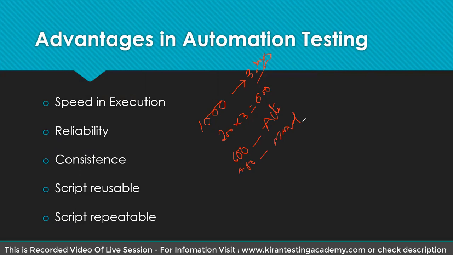Our point is to check how fast it is. So 600 test cases we are automating, and 400 we anyways need to do manually. Now per day I'm doing 200 test cases, so my 2 days have been exhausted and only 1 day remains. In that 1 day, I need to complete these 600 test cases. Now my question is, is it possible to execute the 600 test cases using automation in 1 day? If yes, how much time will it take?